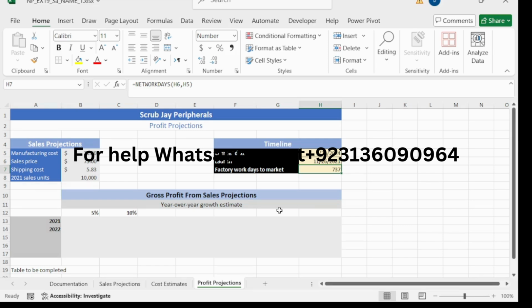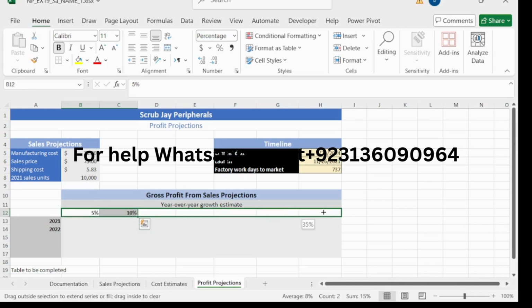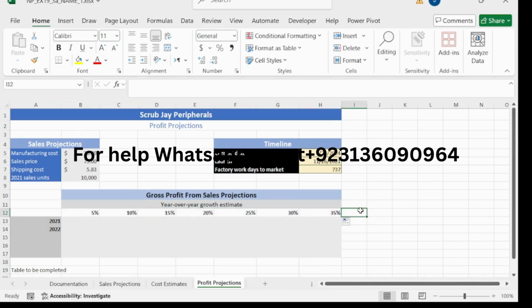And our step number 11 is use the values in the range B12 to C12 to extend the increment percentage. So this one, we select this one and go to the H12 like this. So we have completed our 11th step, and our step number 12 is in A13 to A14. Select the range A13 to F14 and extend this to A17 like this.